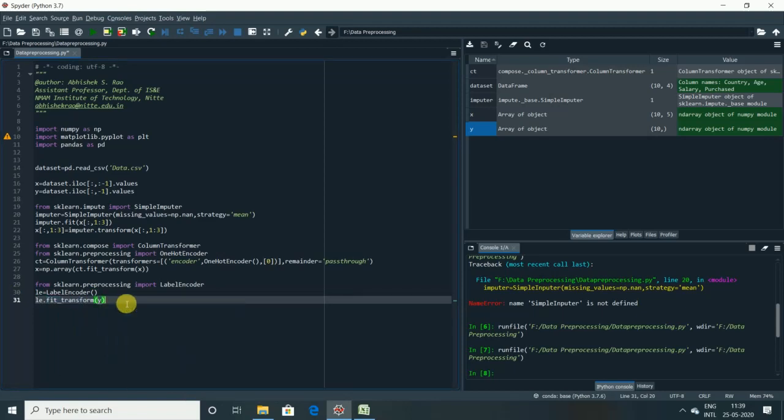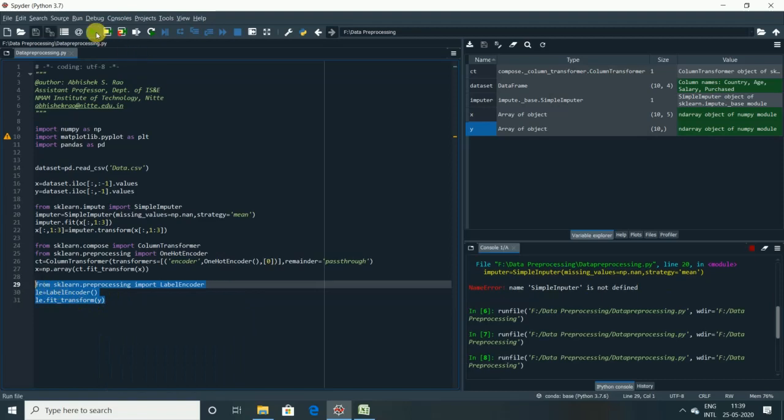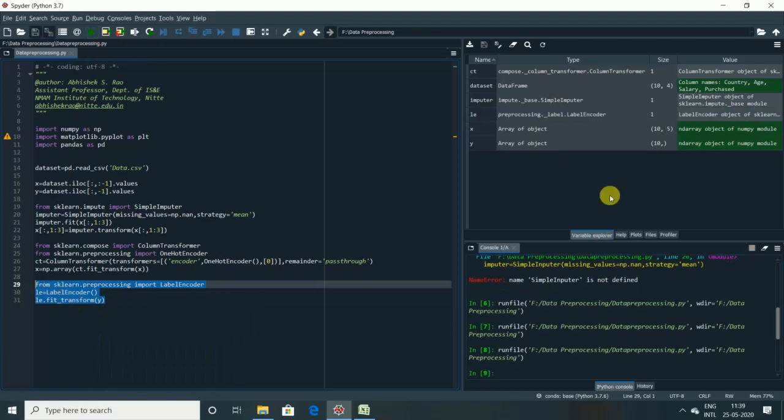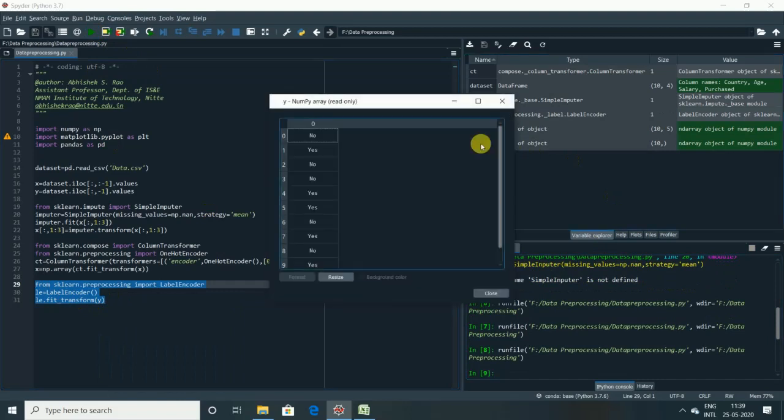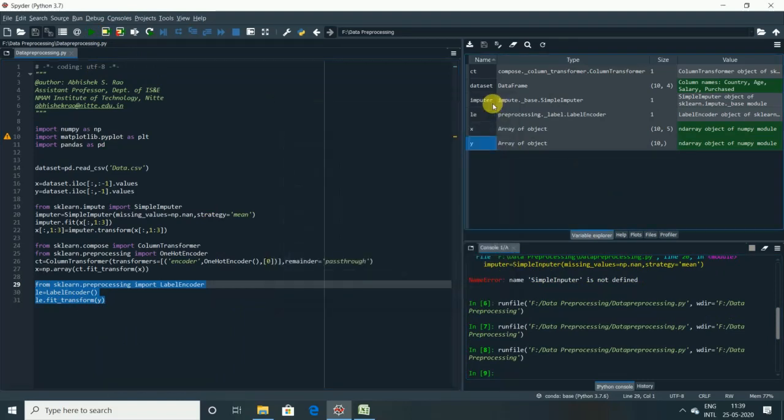So this time we need not have a numpy array, because this is the dependent variable vector and doesn't need to be a numpy array. Now let us execute all these 3 lines and we'll see the output in the data frame. So let us see the dependent variable.